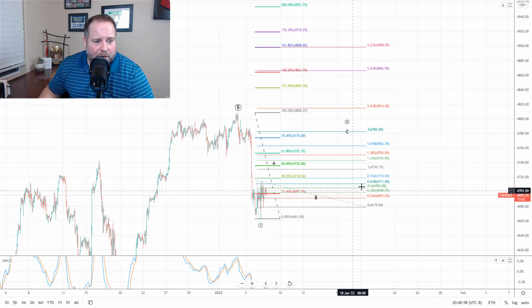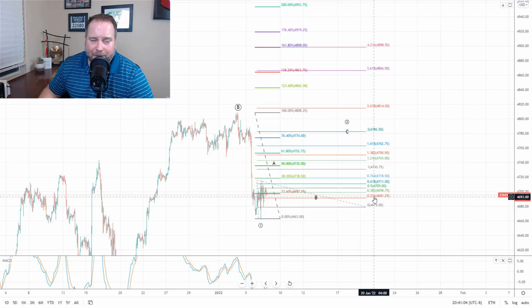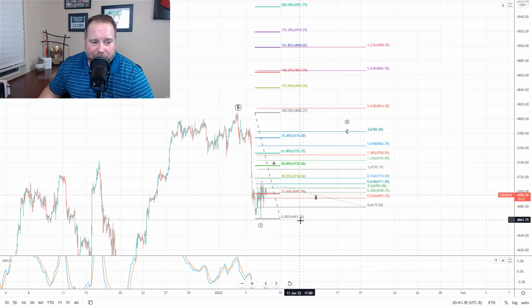All right. So that is what we are watching on the bullish setup. For the bears, it stays exactly the same, looking for wave 2 to top, looking for wave 3 to start down, get a 1 and 3, 2 and 3, and then short wave 3 of C down. So this whole range right here from the top of this B wave to the bottom of this 1 wave